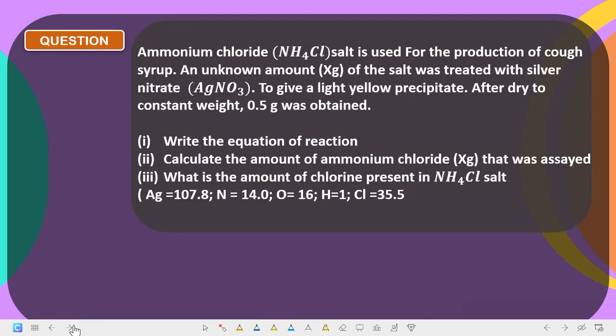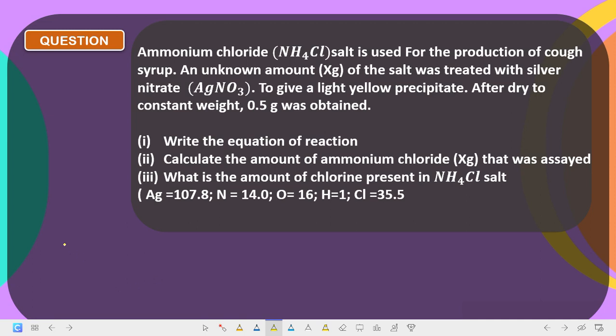Now let's look at the next. The next is an equation. Now the question says ammonium chloride is used for the production of cough syrup. An unknown amount S gram of the salt was treated with silver nitrate to give a yellow precipitate. After drying to constant weight, 0.5 gram was obtained. Write the